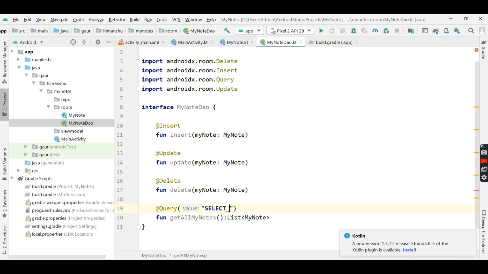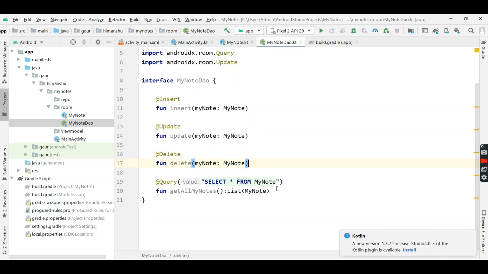So perform the query select all. This star means all from MyNote. Okay, that's all. This is our table MyNote.